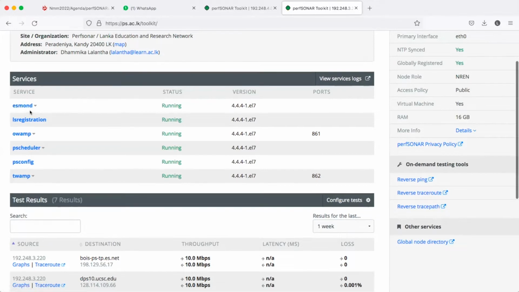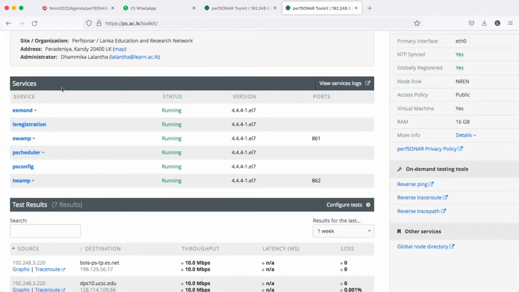SMAND is the archive database. LS registration is used for global registration of this node, and OAMP is used for one-way latency test. Schedule is for scheduling the task, and PS config is used for